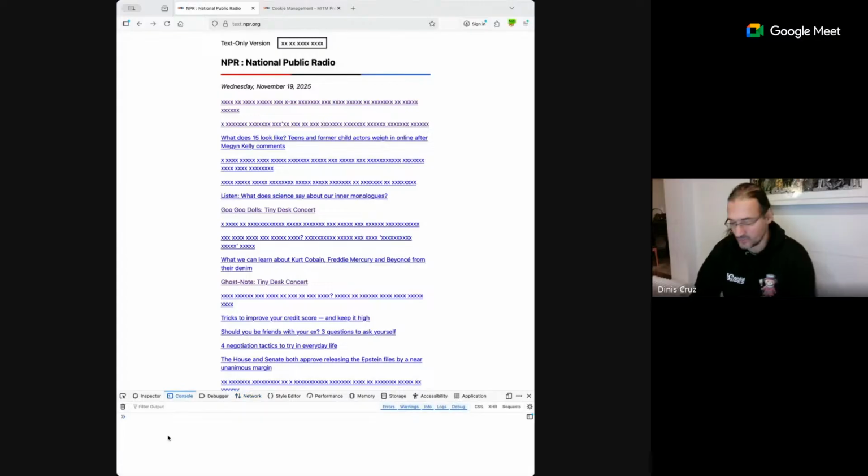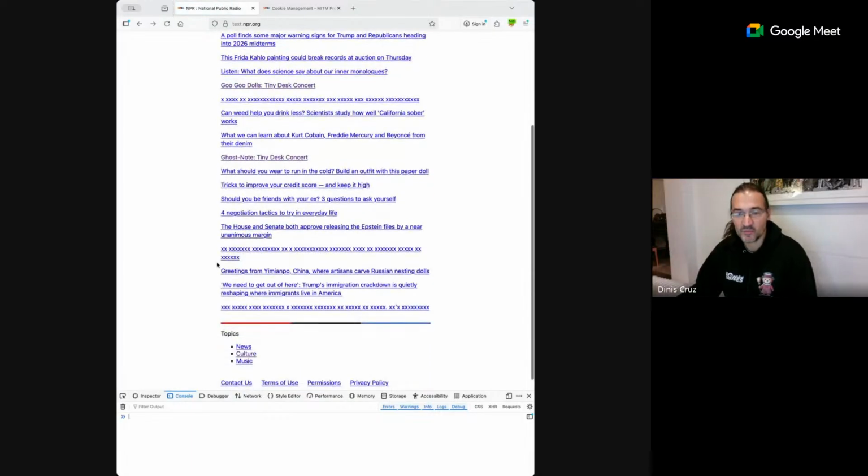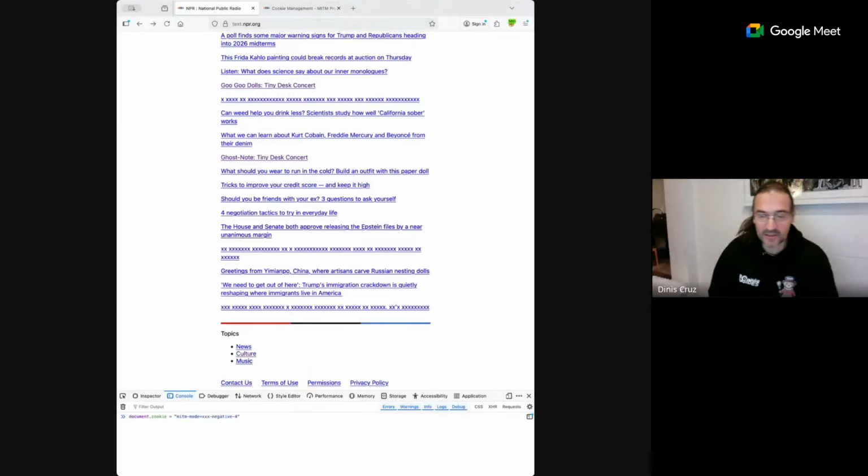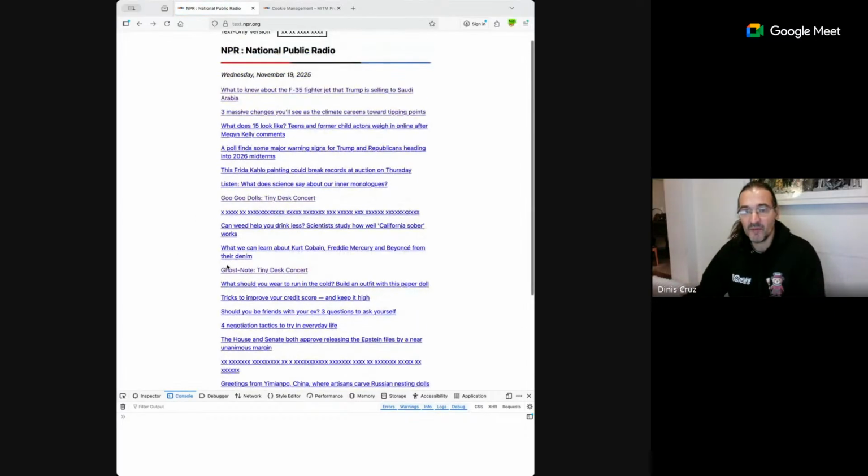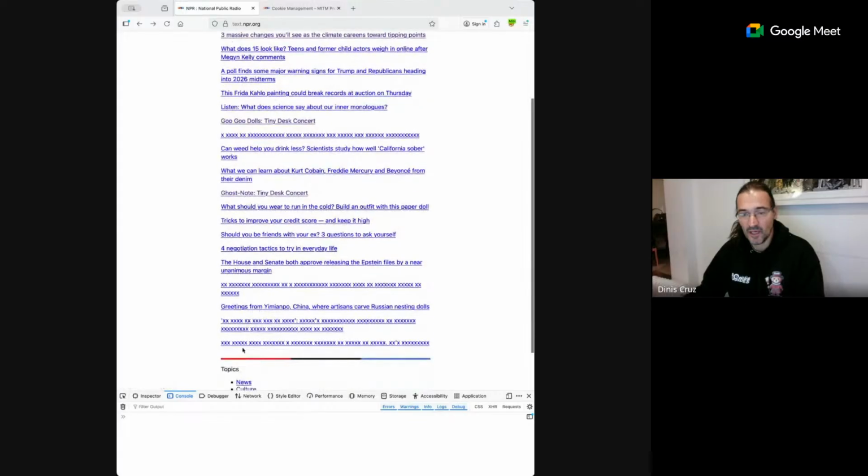What I should be able to do is go from there, but I think I can also do it from here. Yeah, cool. So I can set the cookies, which you can see. If I set the mode of -4, you will see less of this. You can see there's one here, there's another one. This is just the level of negativity that I want. The way to think about this is that the lower this number, that's my cutoff point, the more negative stuff I see, in this particular case. That's my benchmark here.